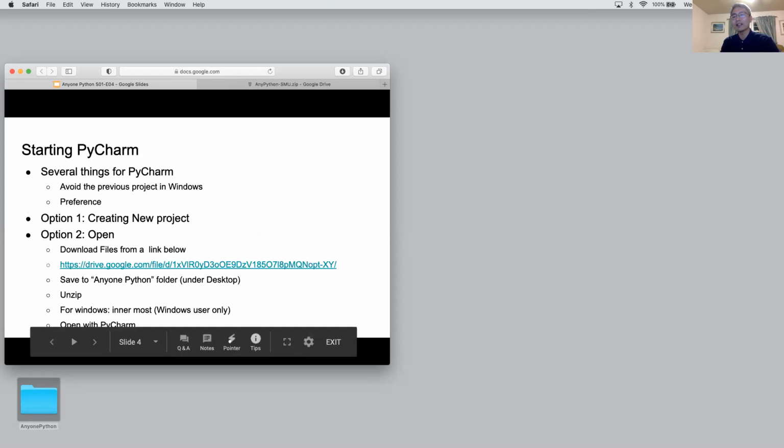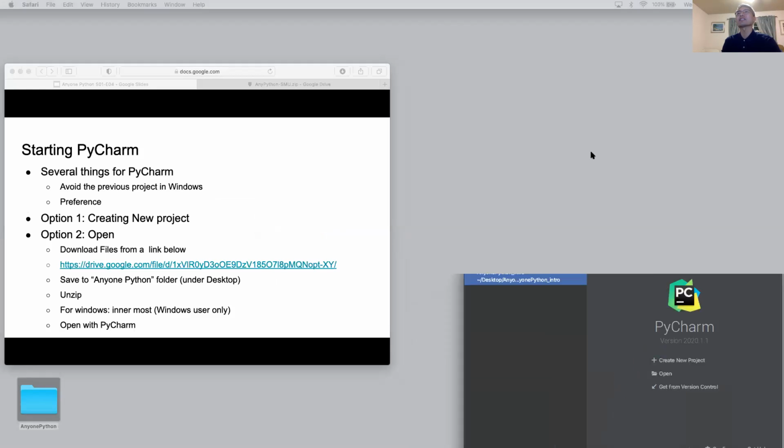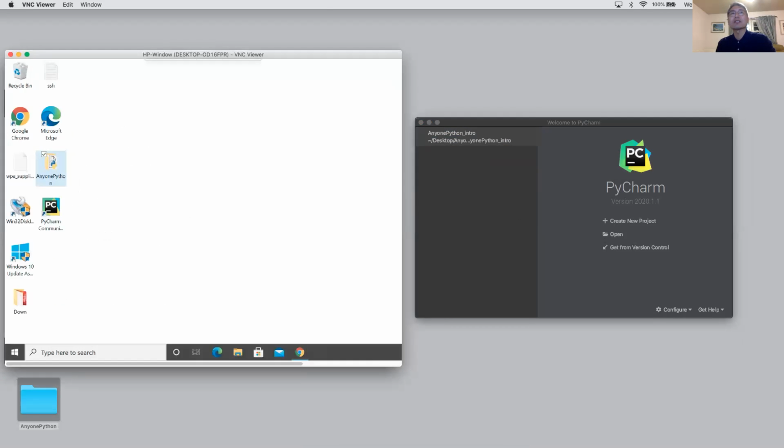In my case, my PyCharm is started like this. So this is the welcome window for PyCharm. But if you did the last episode, you may see the last project. However, if you are using Windows, Windows does not show the welcome to PyCharm. Instead, Windows does show, let me show this example. So if I double click PyCharm,